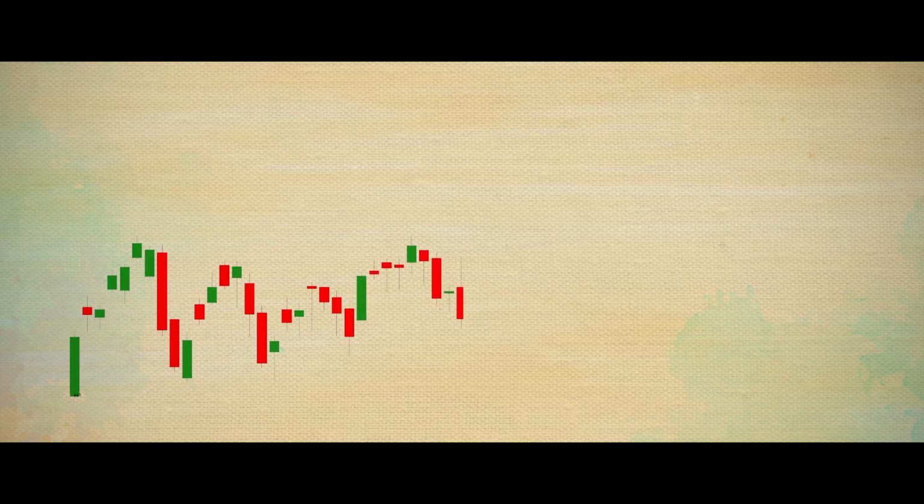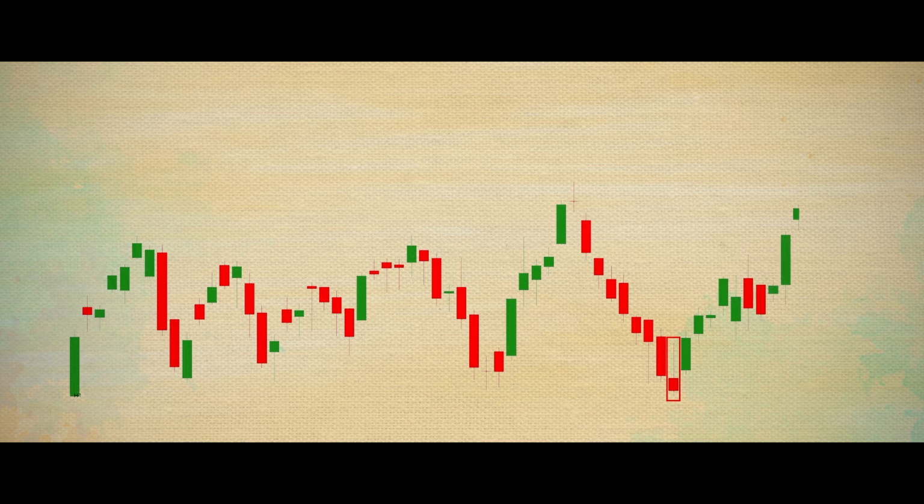The inverted hammer formation is created when the open, low and close are roughly the same price and a long upper shadow is at least twice the length of the real body. And as you can see in this daily chart, the following rally was quite strong, taking the prices from rupees 10,363 to rupees